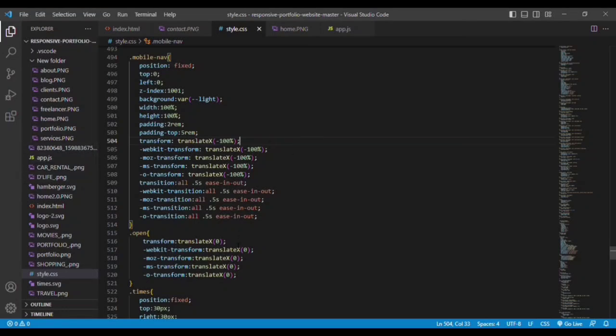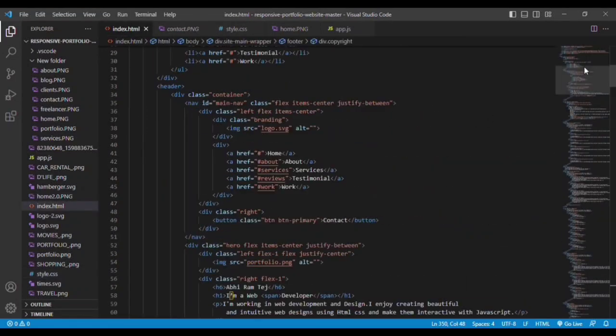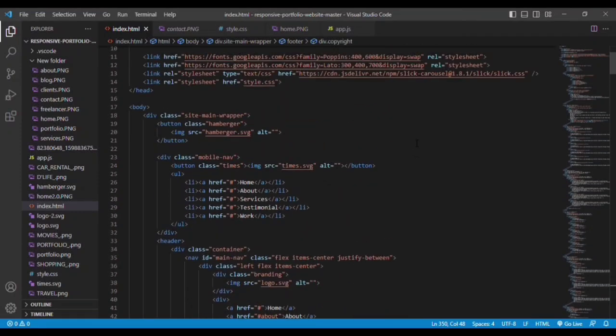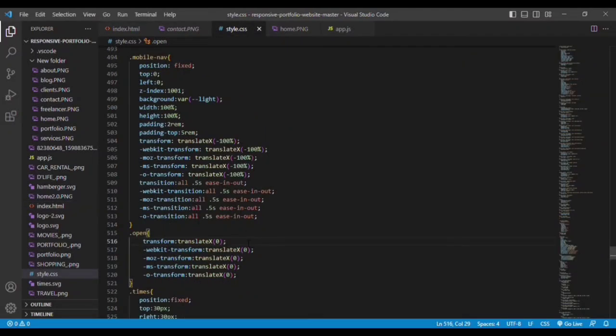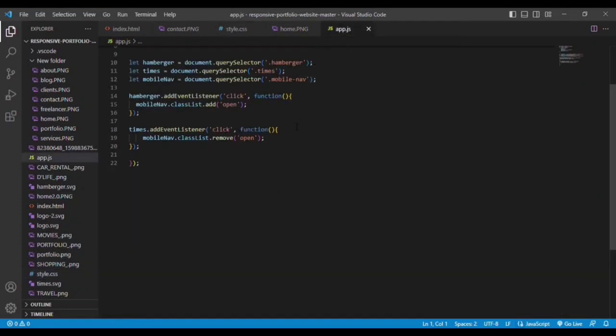Whenever you click on it, this open class will be added to the main nav bar. Let me show you that. So here, one section, here we can see mobile nav. For this one, we will add this open class. When it will be added, let me show you the JavaScript code for it. So you can see here